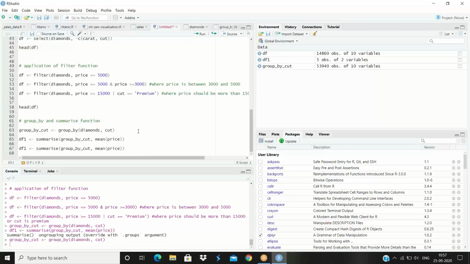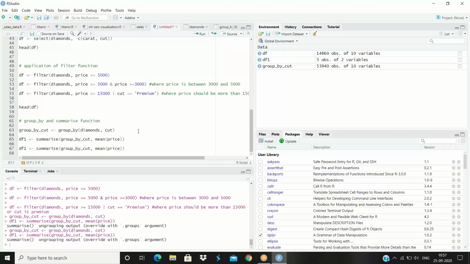Okay, so I go with this. It shows the proper thing, and then it shows summarize the ungrouping output.